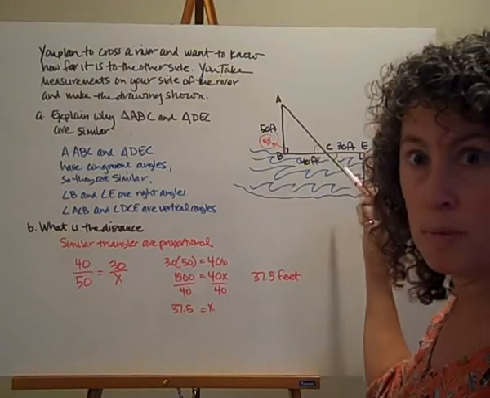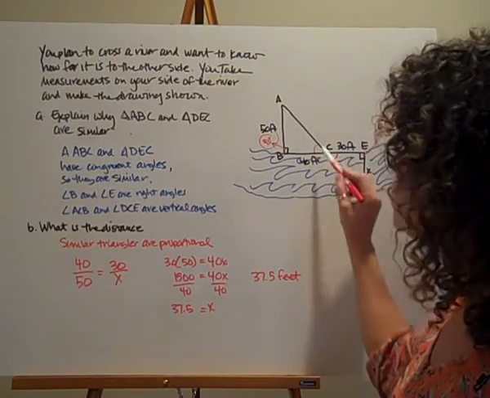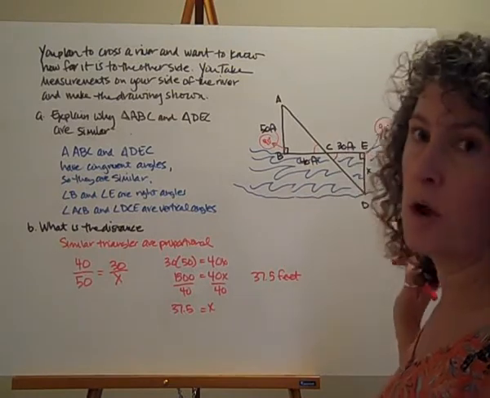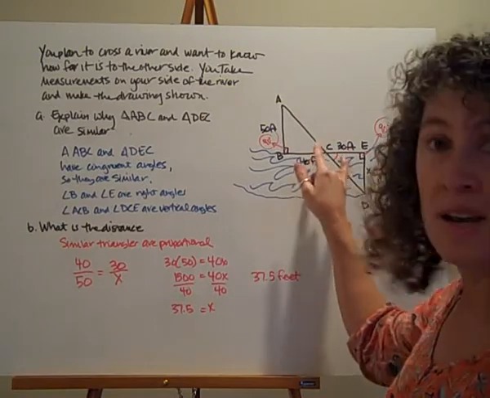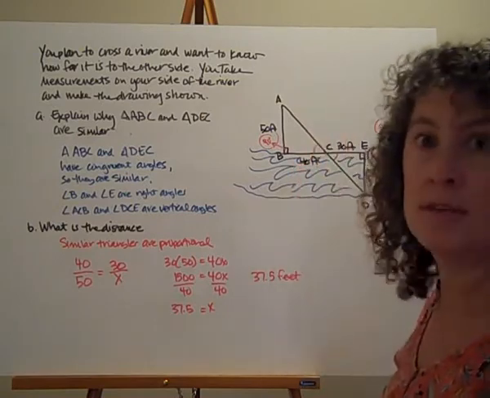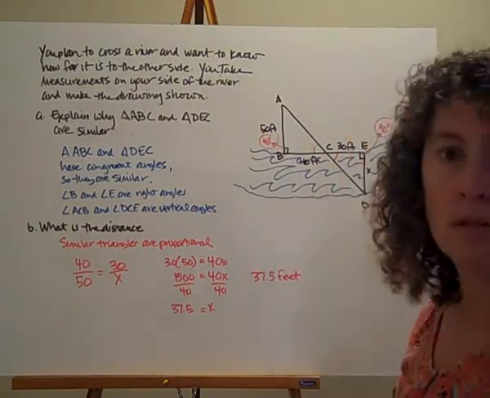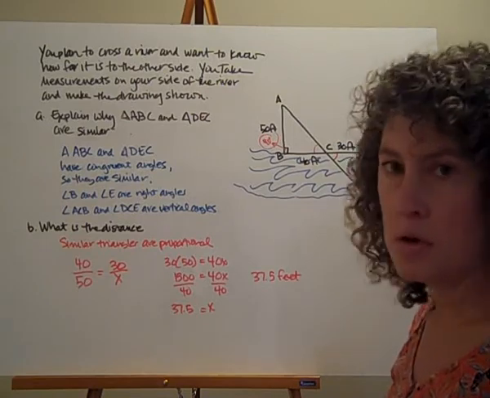They are the same as each other, and our rule here says that as long as I have two angles that are equal to each other in my triangles, they are similar. So I've got a 90 degree, I've got one pair, and I've got this, I've got another pair. The third pair has to be congruent also, so they are similar. Because they're similar, they are proportional. Remember, the shapes are the same, the angles are the same, the sides are not the same.